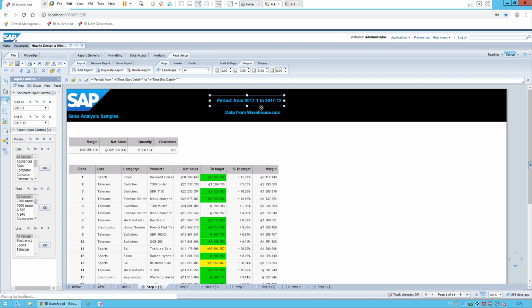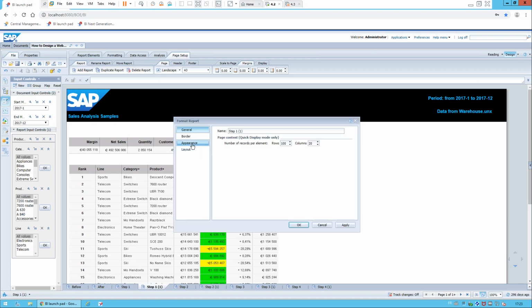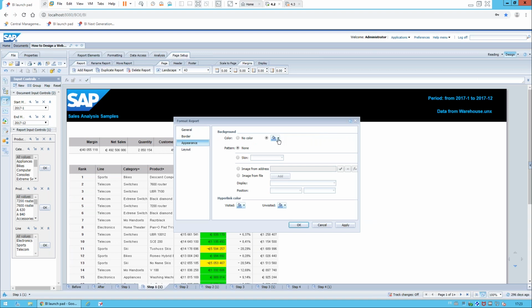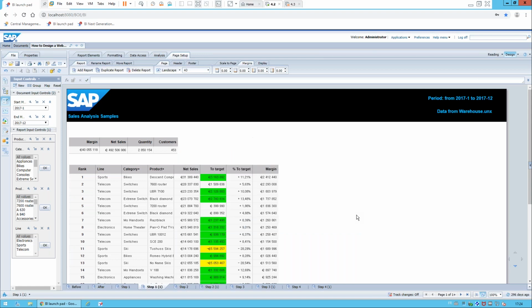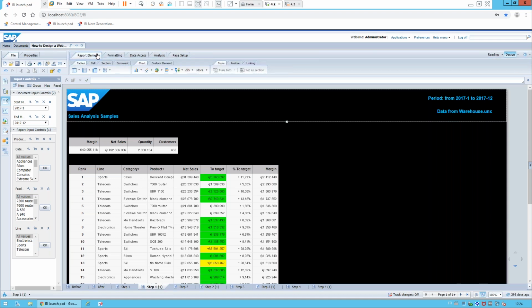Just fit the free cells at the right hand of the report to make them fit nicely, and do the same here. Change the background color of the body of the report. Not the blue, the black. Here we are. Okay. And I'm going to insert the first report element, which is going to be a tile